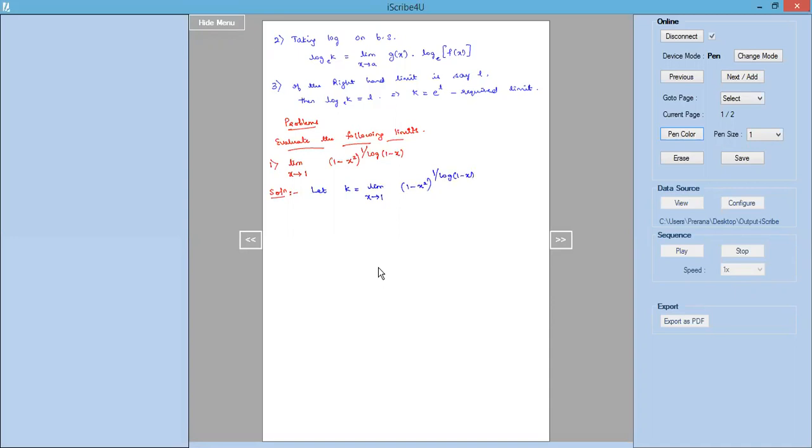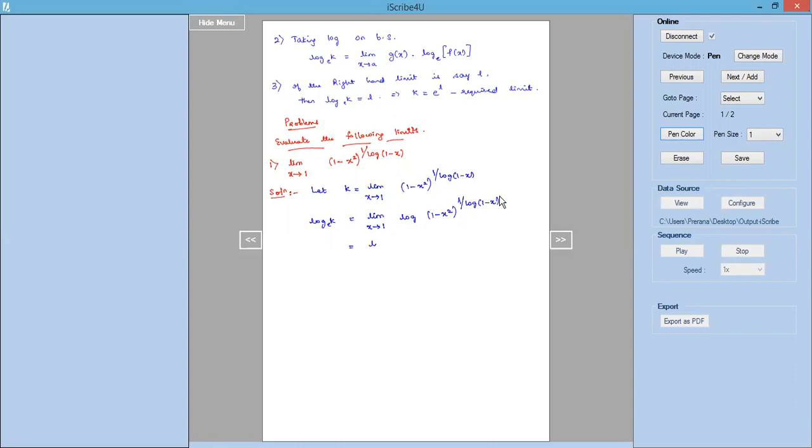Now we take log on both sides in order to get rid of the power form of the question. So log k to the base e, the natural logarithm, is limit as x tends to 1, log of (1 minus x square) the whole power 1 divided by log of (1 minus x). Now using log m power n, which is equal to n log m on the right hand side,